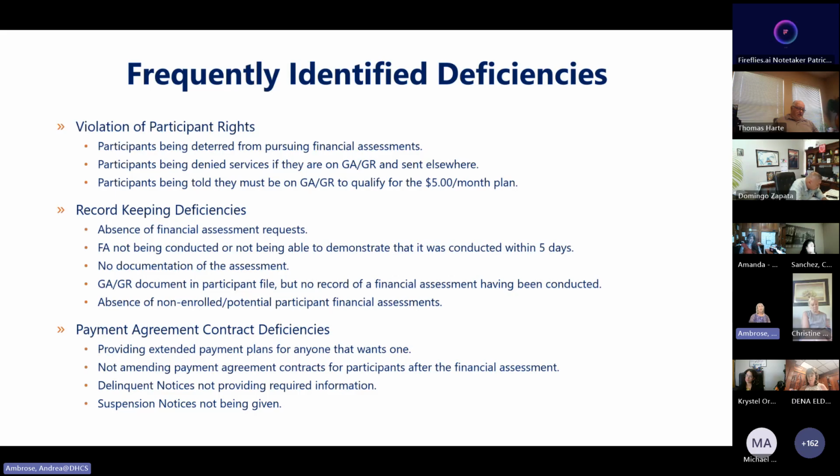So again, I hope that the information that we provided in the previous presentation and what we've provided here today is helpful to answer the questions that you have about how to perform financial assessments, what the expectations are for that, what DHCS will be looking at when we visit you, and that you're all able to understand and comply with the requirements.